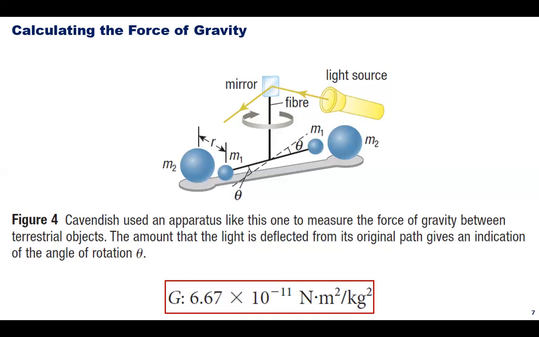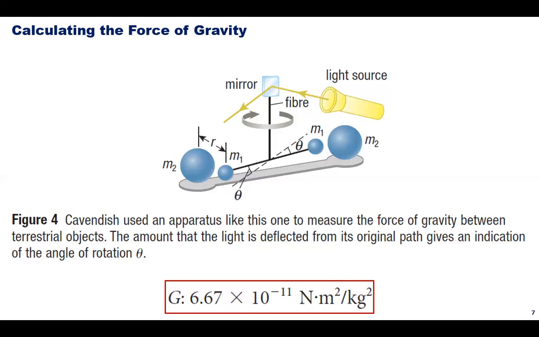By carefully measuring the angle theta, Cavendish could determine the force on the dumbbell as well as the separation of the spheres. By also measuring the masses of the spheres and inserting the values into the universal law of gravitation, Cavendish could measure the uppercase G. So through this method, Cavendish measured the value of G, which is approximately 6.67 times 10 raised to the power of -11